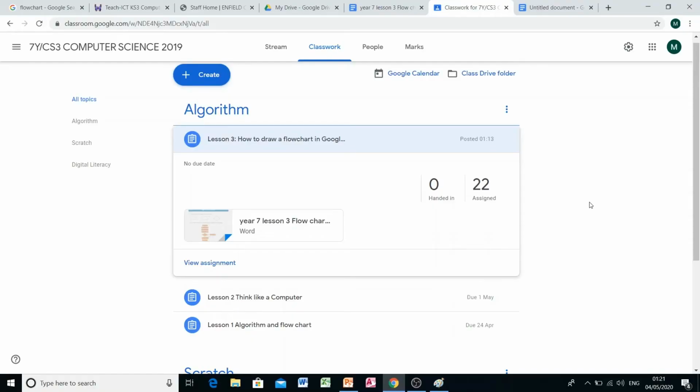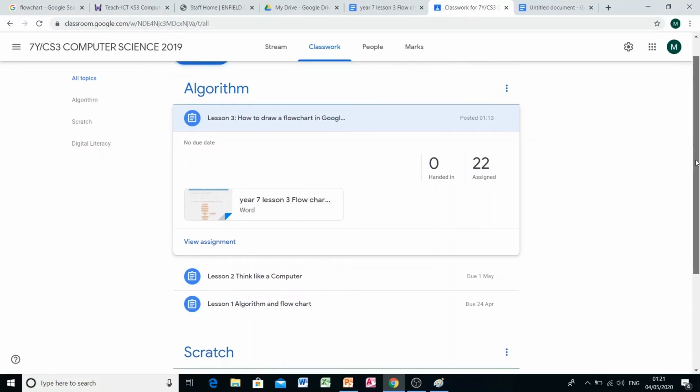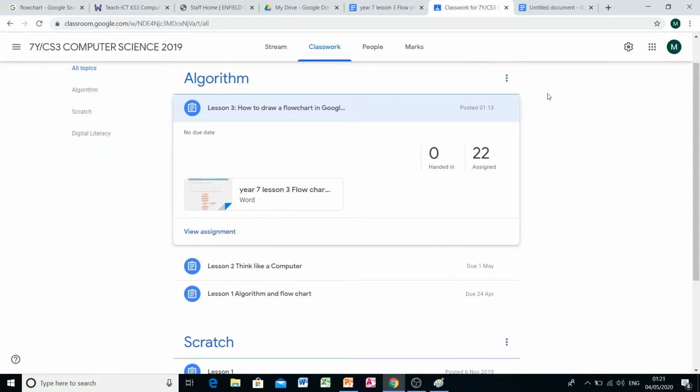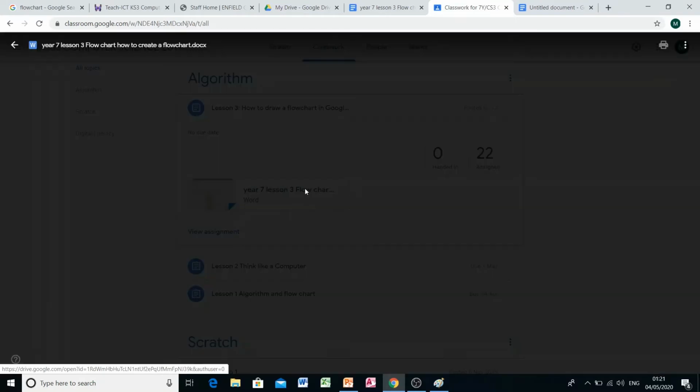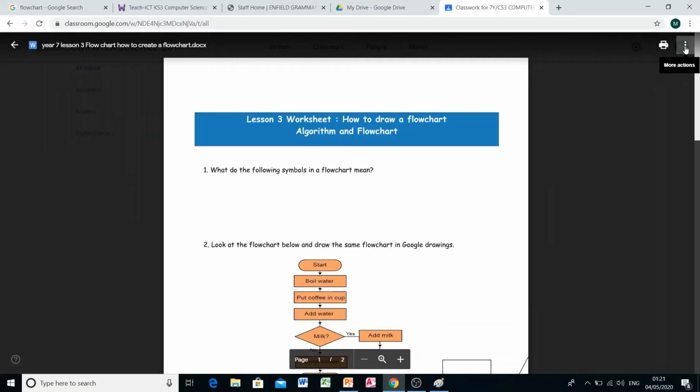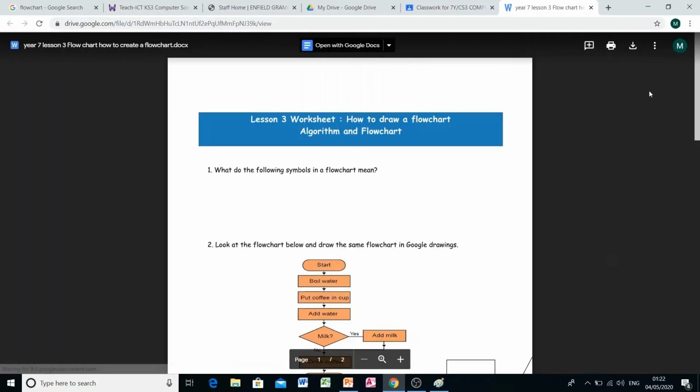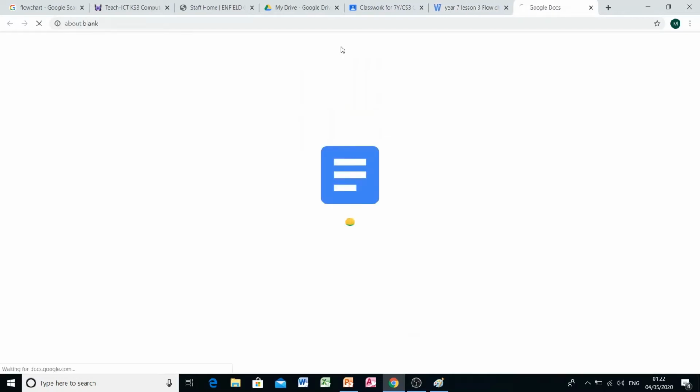How will you find your Google Docs? If you open the worksheet, of course. If you go to your class, you log into your Google Classroom, and then you'll find the worksheet. When you click that from the Google Classroom, then you're going to click on these 3 dots. Then you click on open in new window. Then it's going to open your docs. Then you click on the middle here, open with Google Docs. Okay,